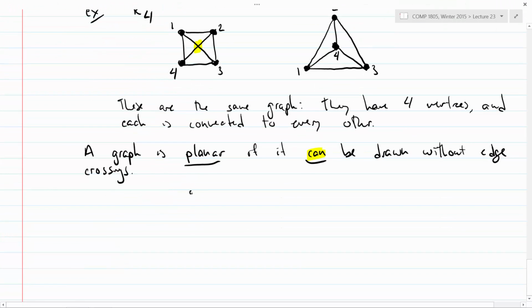So this thing right here, this is a planar graph. And that surprises a lot of people. This graph is planar, and it has to be, right? I just showed you that it can be drawn without edge crossings. Planar does not mean that it is drawn without edge crossings. It means that it is possible to draw it without edge crossings. So this graph, K4, it's planar. And it's planar because I could have drawn it like this, not that I did draw it like this. Is that distinction clear?